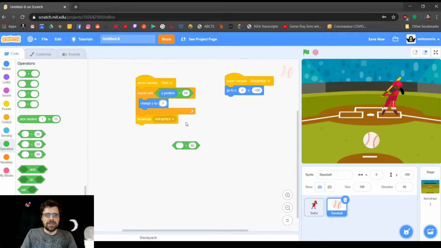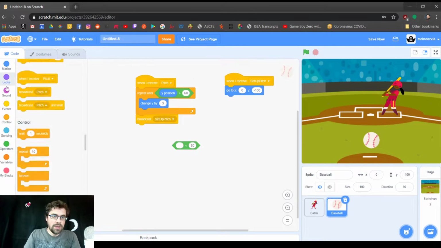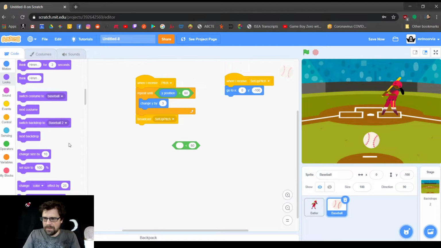All right. So, cool. We got a pitch. It pitches and then goes back. I'm not happy with that speed. Let's do 3. There we go. Better. Now let's make it so that it shrinks. It makes it look like it's flying towards our pitcher. So we're going to go to,